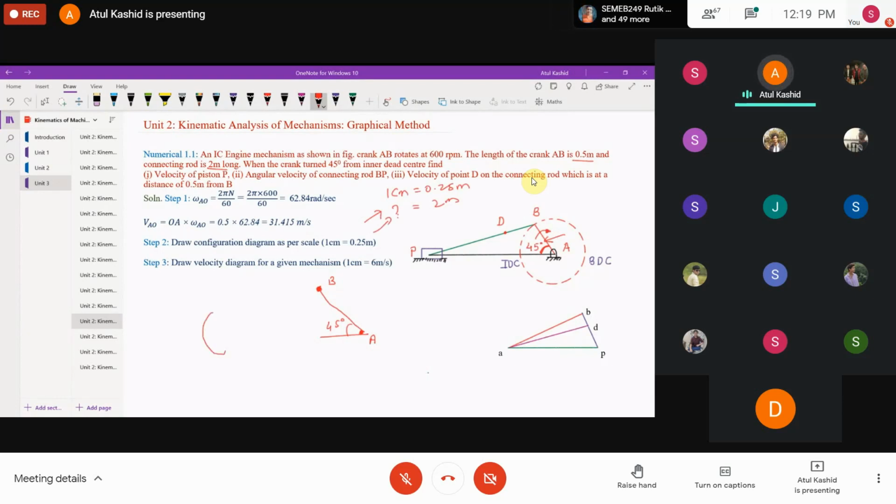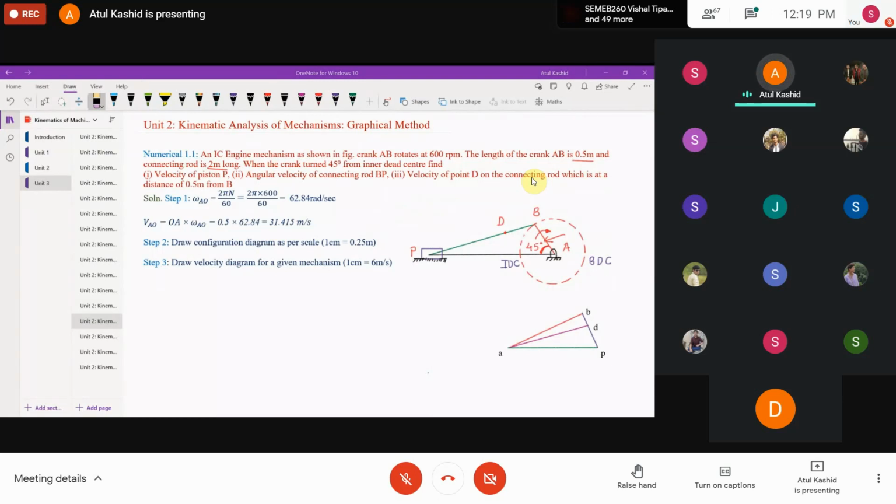And from A you have to draw the straight line, right? Wherever it intersects with the arc, that will be your point P, right? And join B to P, right? Simple. That will be the position of your piston, right? Getting everybody? Okay, sir. It's just the construction, nothing more complex we are doing over here.